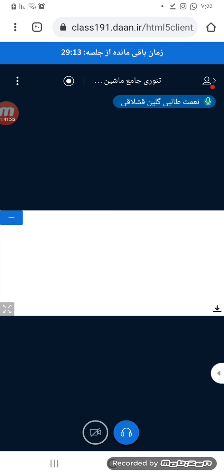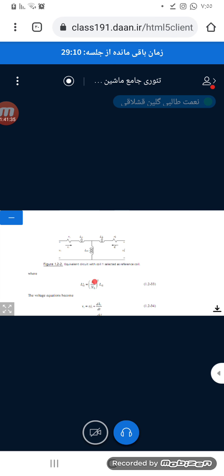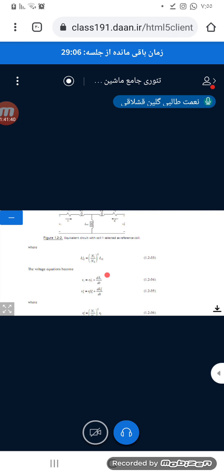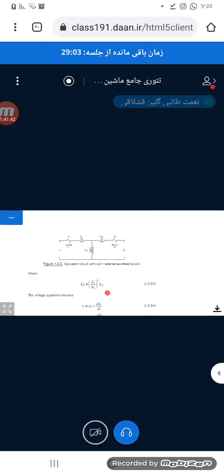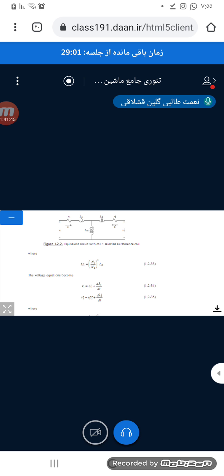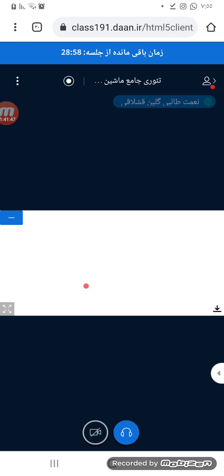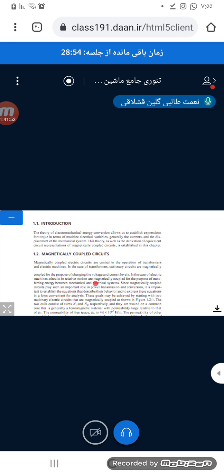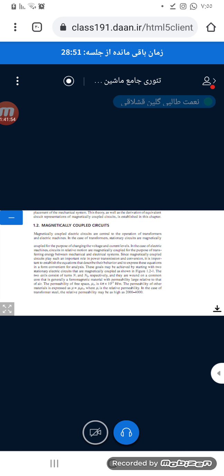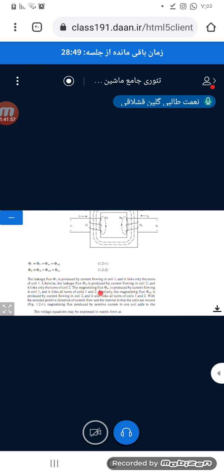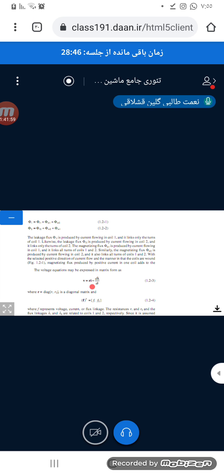These two equations show an equivalence circuit. Means that if we put these equations in the KVL of the circuits, I can find it. If we put these lambdas in the voltage equations, we can find that